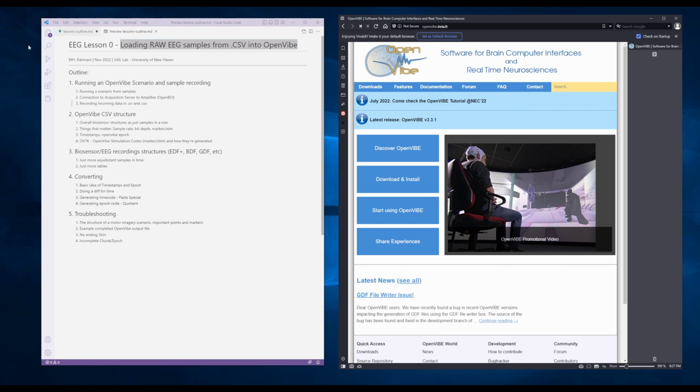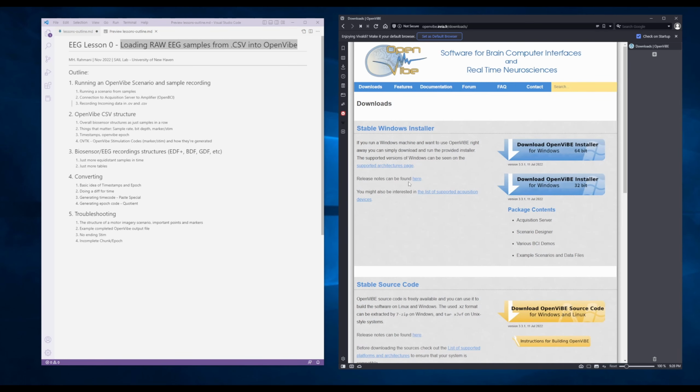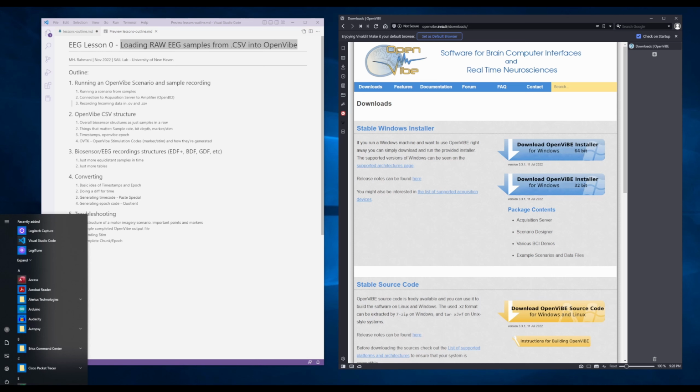So let's see. We're going to start with, well, you can download OpenVibe from their website, openvibe.inria.fr. And we're going to use the latest version at this moment, 3.3.1. You can just go on their website. It's originally for Linux, but there's also a Windows version. That's the one we're going to use today. So when you install it,